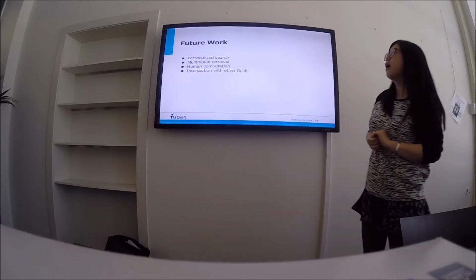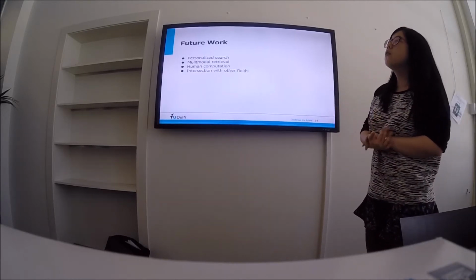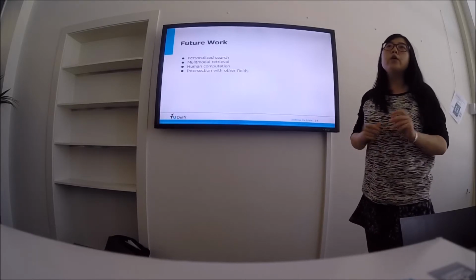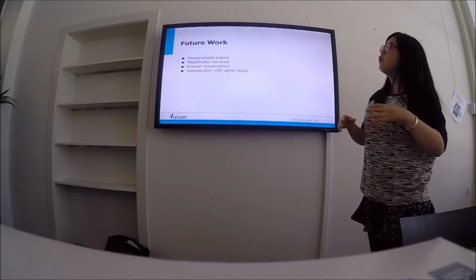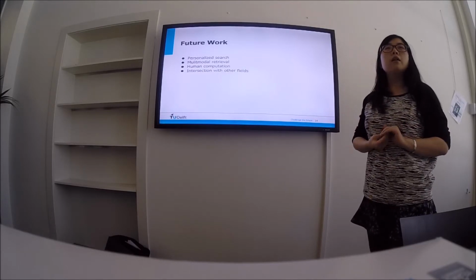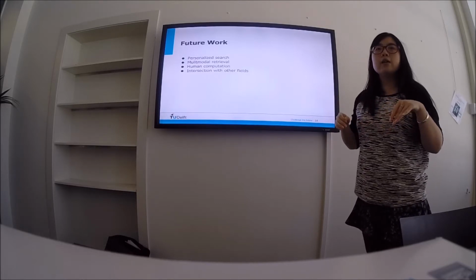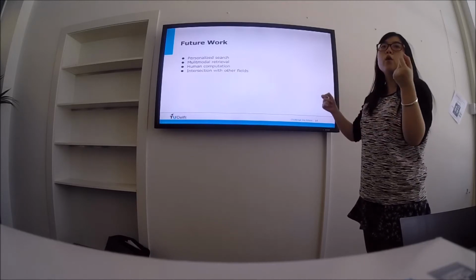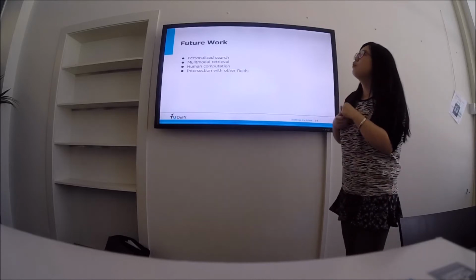And the future work, I think, mainly focuses on these four parts. Personalized search, I think, is a future trend, because we can analyze users' behavior on the internet and their other behaviors. For example, if a user likes Teddy Dog, he always downloads pictures with Teddy Dog. If he uploads a picture of Teddy Dog, we can assume that he still wants more pictures of Teddy Dog. And multimodal retrieval,